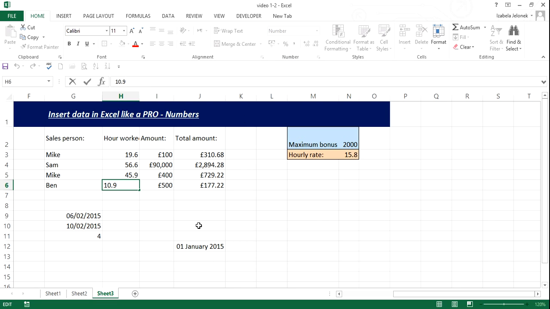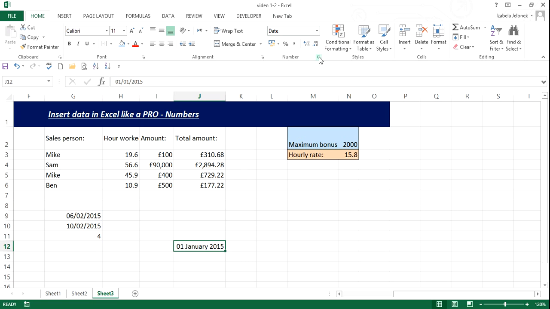And the third thing is, dates can turn into number formats, and that can look a bit strange, especially if you're entering data and then it turns into something totally different. You can always go back and change it into date format, and for that you need to use this here, number format, and then there will be another